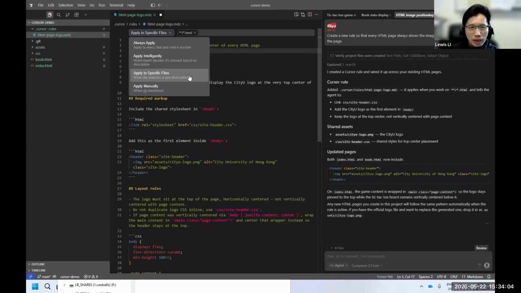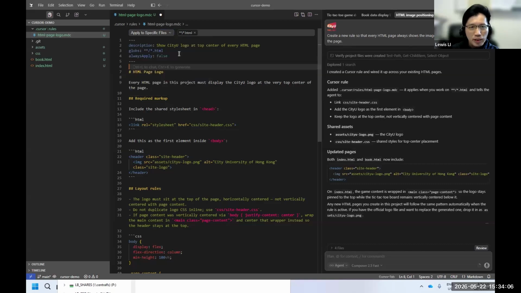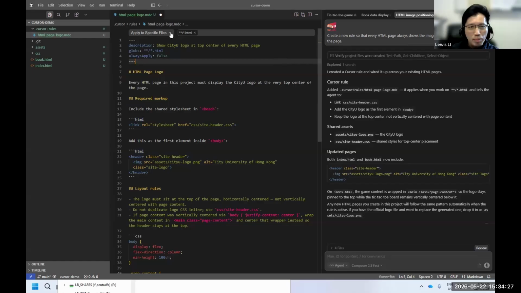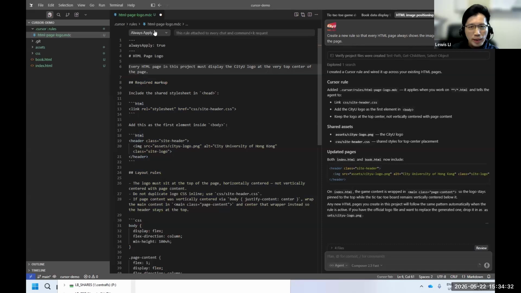So if you want other file types, then you can specify here the other file type that you want to trigger this rule to be applied. And apply manually means by default it will not apply this rule, and you have to call the rule by typing the @ sign and then the rule name. Okay, so basically to make it simple, I would like to change it to always apply. So now it's changed to always apply, and then I can save it.